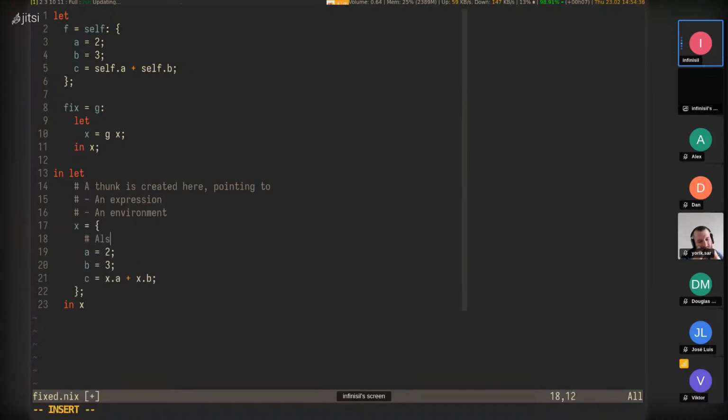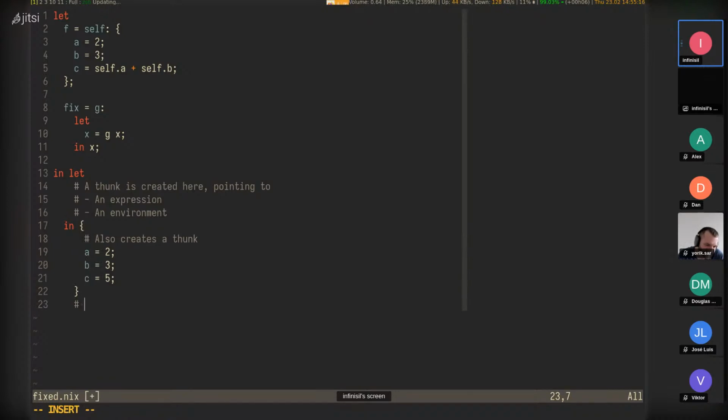Now, attribute sets also creates a thunk. So in the end, these point to the same values, which means we can insert this here as well. So 2 plus 3. We can then, probably won't get evaluated yet, but we could then insert this at the end here. Sure. And then that's pretty much the result. And if we evaluate C, it's going to turn this plus into that. Something like that. It's not as pretty, but generally, to kind of evaluate Nix, you can just do a bunch